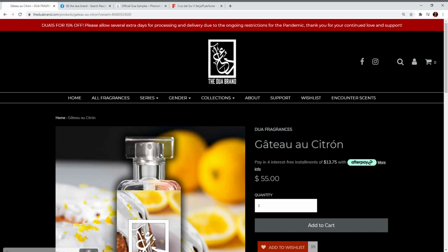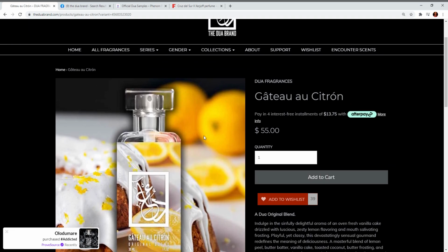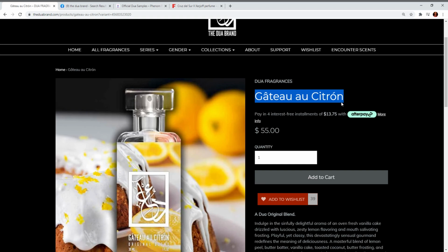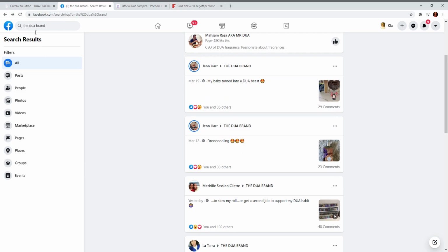So once I've done this, I've picked out some fragrances or a fragrance that I'm interested in, and I've checked Fragrantica to see if it matches. What I then do, I go to Fragrantica for the original inspiration. But what I then do is take the title of the fragrance and go to Facebook, where Dua's Facebook group is. It's called the Dua brand on Facebook. And so what you can do is go to